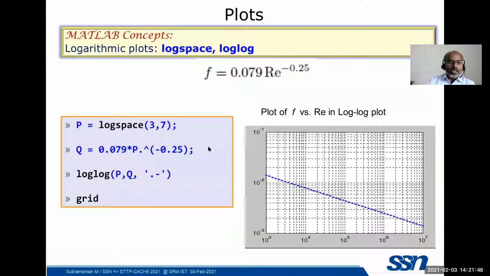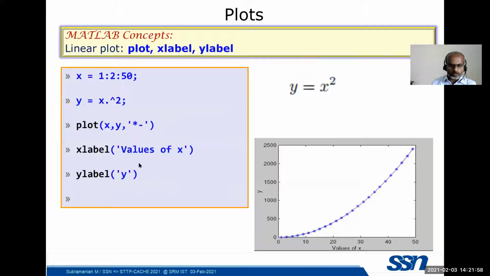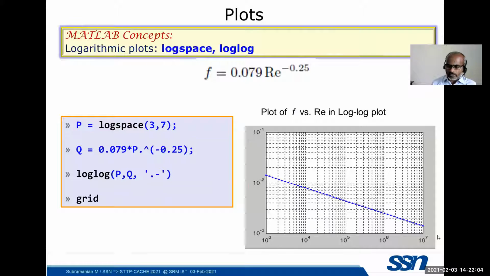Here we are introducing another thing. Of course, log is similar to plot. Log is for a logarithmic plot. Plot is for a linear plot, where the x and y axes are linear scales. Here we have a logarithmic scale. In what way is it logarithmic? Because 10 power 3, 10 power 4, 10 power 5, 6, 7 are available here. So how is it done?